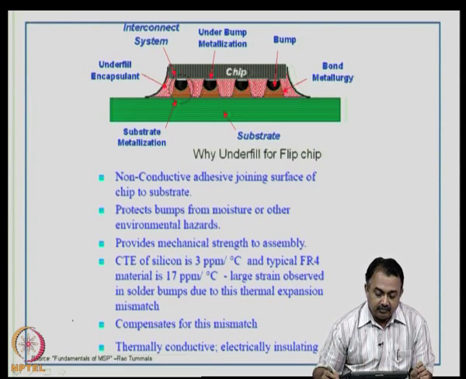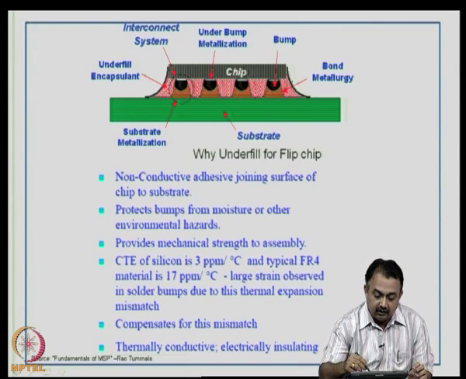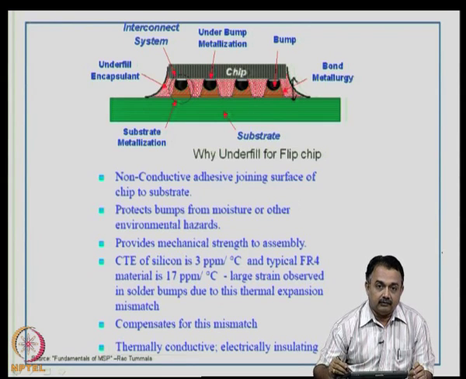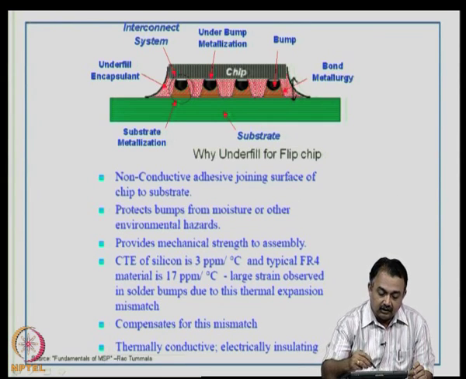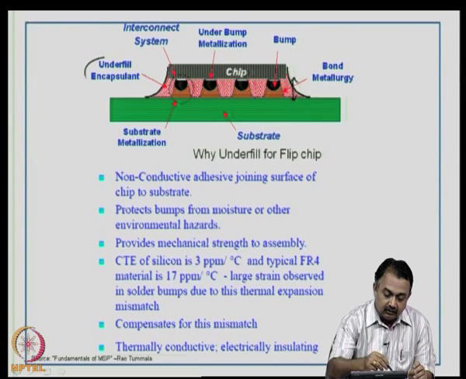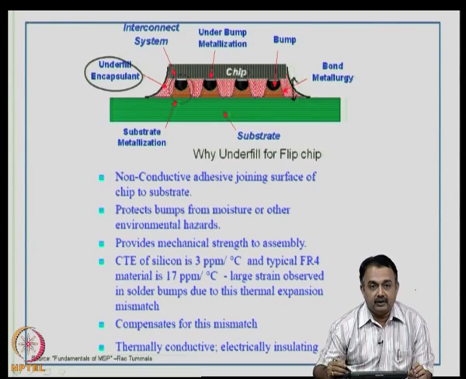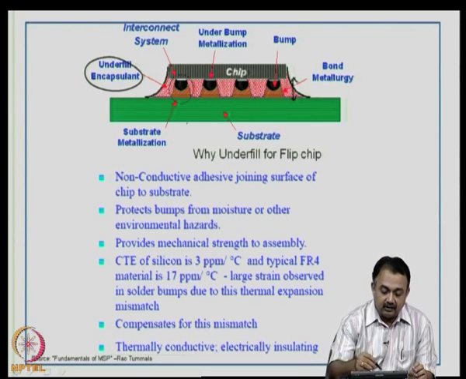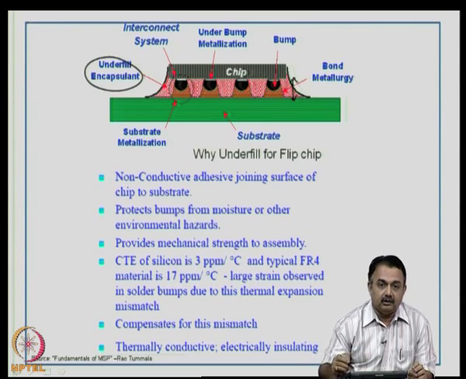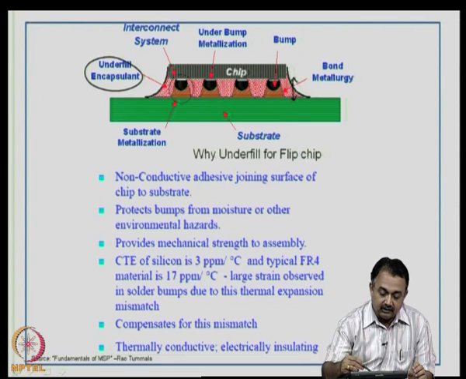Now, in a flip chip scenario, I told you before that there is a small gap between the die and the substrate. You need to take care of that. So, therefore, you use an underfill, right. Underfill is again an encapsulant, but in this case the encapsulant is not put over the chip. The encapsulant is put in the area between the die and the substrate. As you can see here,